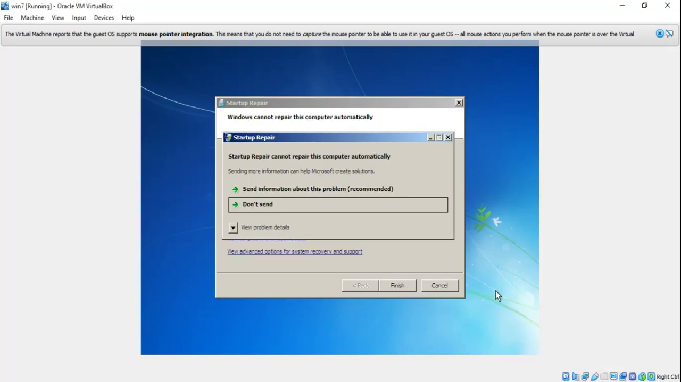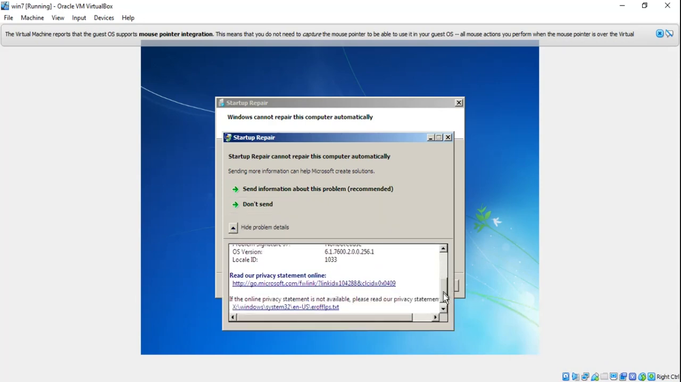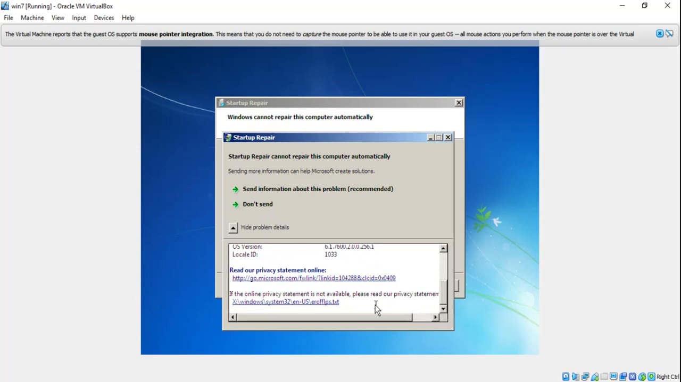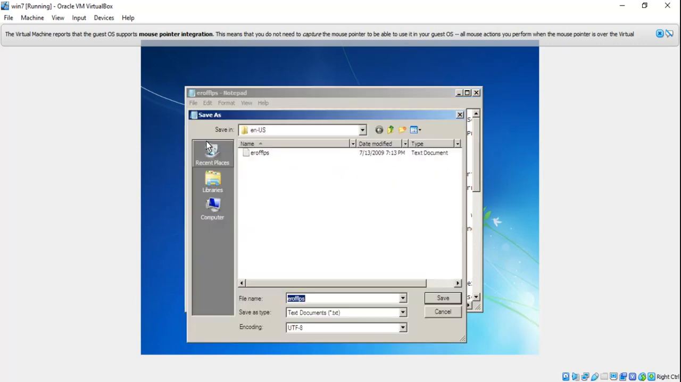Now we have this dialog box. Here you will see a down arrow option. Click on this, go to the last, and here you will see a .txt file. You have to open this file. Okay, now go to File and click on Save As. Here change this to All Files